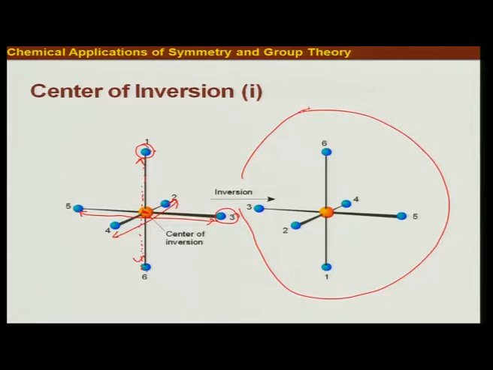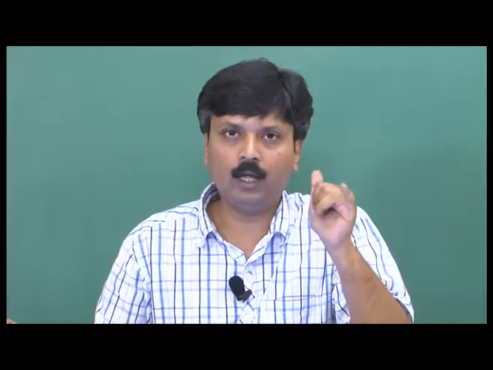So you can see, I said 1 will go to the place of 6 and 6 will come to the position of 1. That's what exactly is happening, right? 6 and 1, they are interchanging their position. So whenever you have a center of inversion and you want to operate that particular operation on any given molecular structure, the rule of thumb is